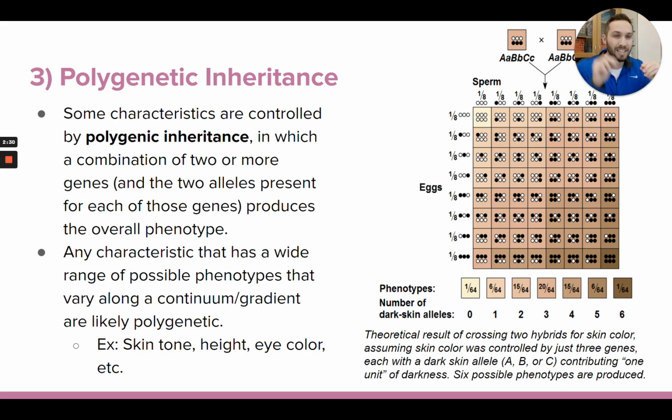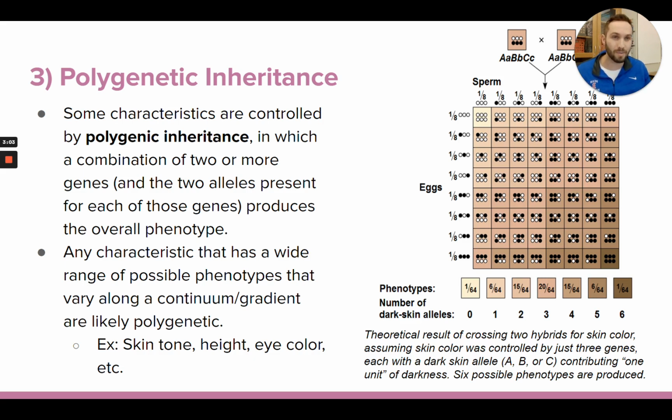So for your skin tone, there's not a single gene that you have in your DNA. There's not just one gene that has a pair of alleles telling you what genotype you have. Instead, there's many genes, a gene on this chromosome and a gene on this other chromosome and two genes on that chromosome, each with a pair of alleles, and all that information together is what determines your skin tone, which creates a lot of possible outcomes when there's multiple genes involved, each having their own alleles. And so skin tone would be a great example of polygenetic inheritance,